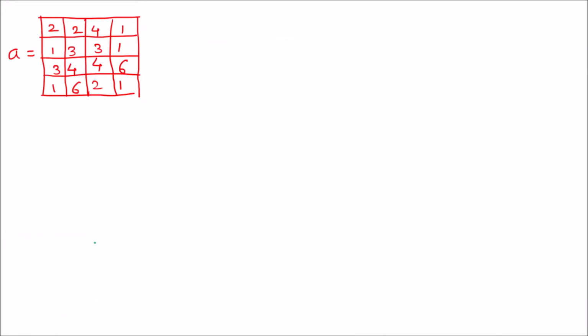Okay, suppose A is the NumPy array which has elements 2 2 4 1 1 3 3 1 3 4 4 6 1 6 2 1. It has number of rows 4, that is nothing but I is equal to 4, and those are the columns. So you can call there are 4 columns available. So you can declare the NumPy array by using the command np.array. Now after declaration of the NumPy array, if I want to slice the array,